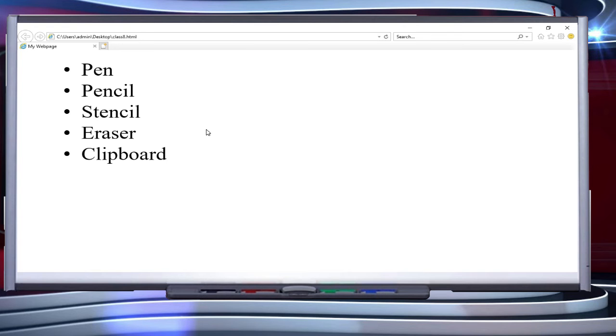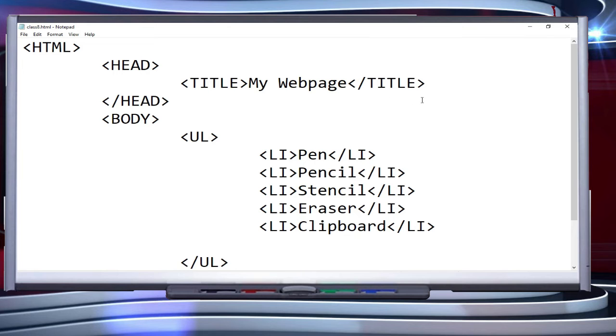Now if we want to add CSS to this, for that we are going back here.